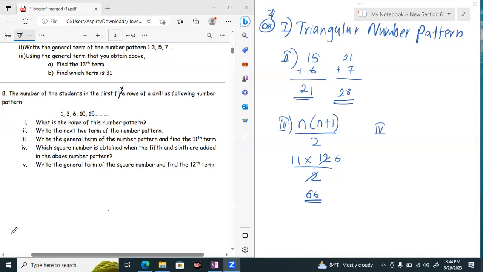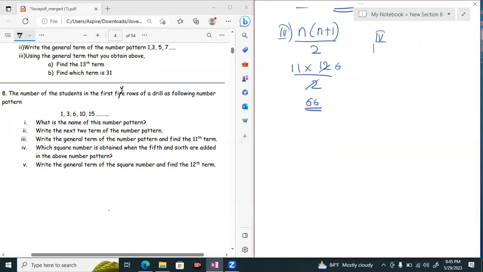How do we find the answer for the fourth question? Which square number is obtained when the fifth and sixth terms are added in the above number pattern? Number pattern එකේ fifth and sixth එකතු කරාම. Fifth term is 15. Add them. Sixth term is